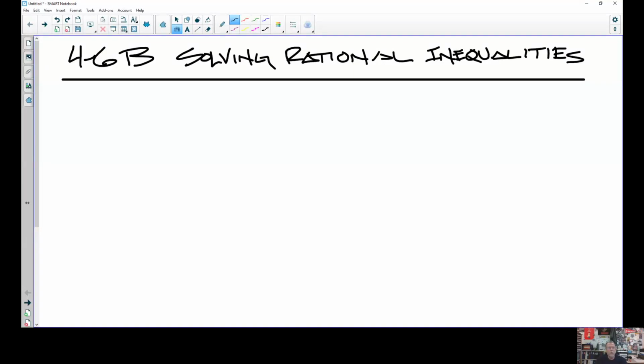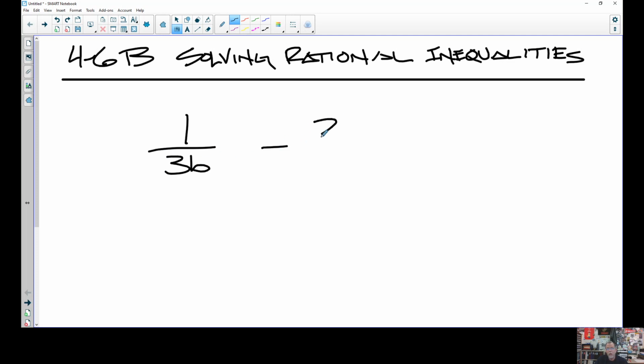We are going into the second half of 4-6. We just got done solving rational equations. Now we're going to look at solving rational inequalities. What's this going to look like? I'm going to dive in because we're just going to use examples to investigate what happens with this